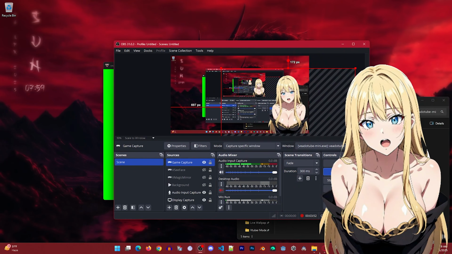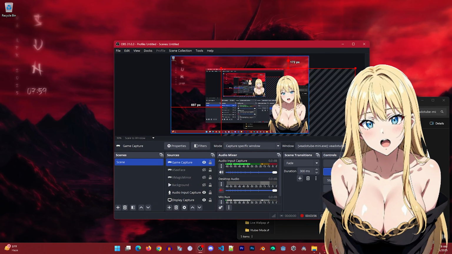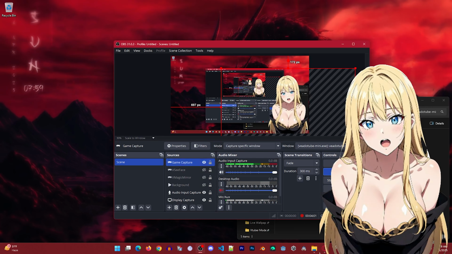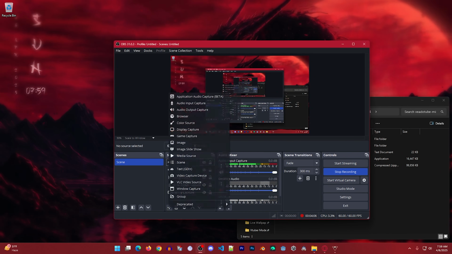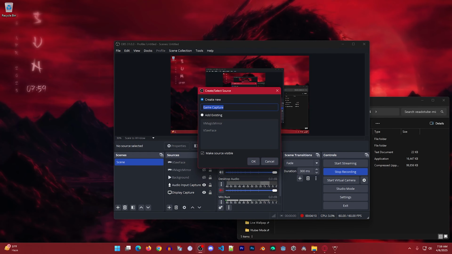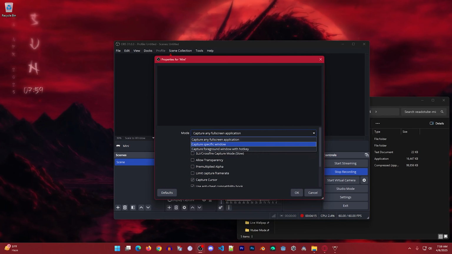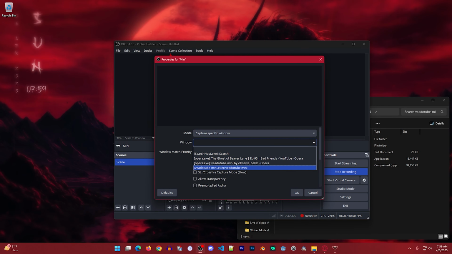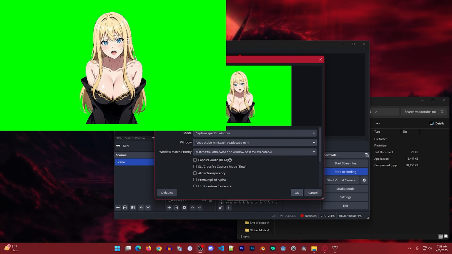So I do have my OBS here. I can just go down here. Since I am using it to record, I have the game capture here set for it. So I'm gonna remove this so that we can do it from the beginning. If you go right click, or you can go to the plus sign here, right click, game capture, we're gonna call this mini. It's for the mini avatar, and then we're gonna create the mode for a specific window. And once we have the window, we're gonna search for the Tube Mini, whatever that was called,